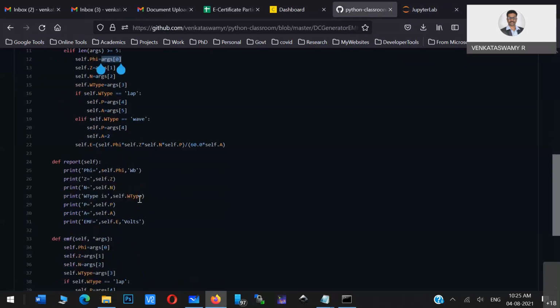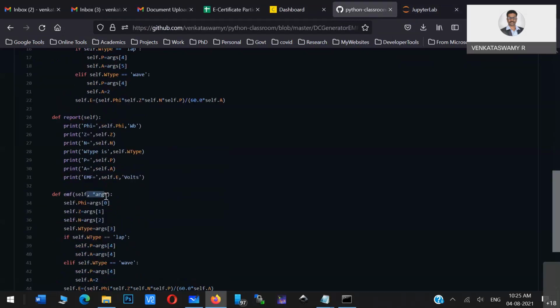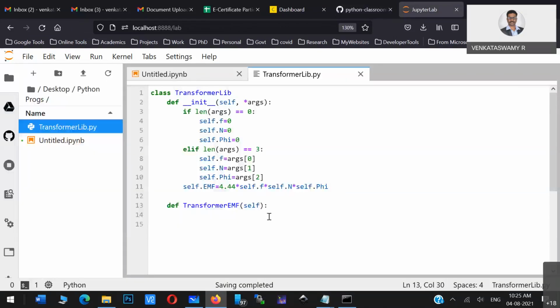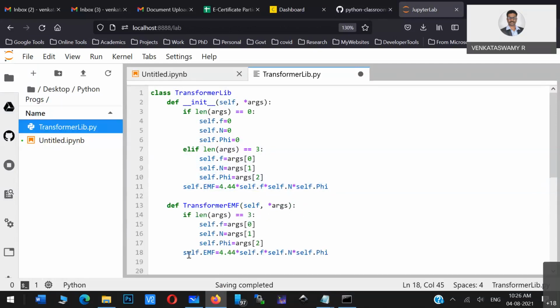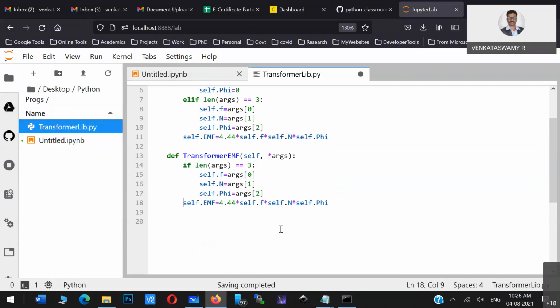In that case, I'll assume that you have passed some variables, and you know how to calculate. If you are passing three variables, the length of the variables should be 3, otherwise it has to state some error. Here I am putting the same equation, and then after coming out it will throw. Now you can see the function: the transformer equation function, after passing three variables, will do this.